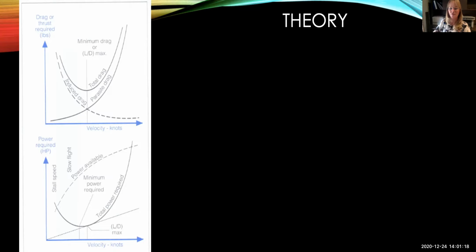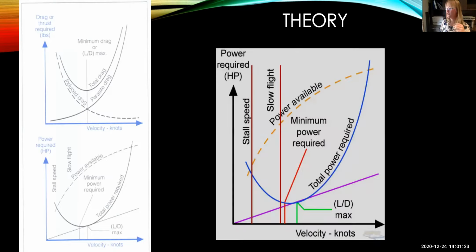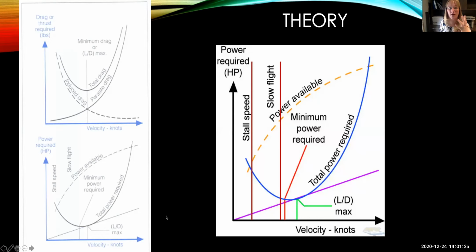Clear all drawings. So that means that when we get into the power charts, you've drawn it out, you've taken their eyes along with you, and therefore you can now show them this giant cluster of a graph and say, okay, so here's the minimum power required. This is the absolute minimum to keep in the air. Please notice how it's different than the speed that's lift to drag max. So right here,